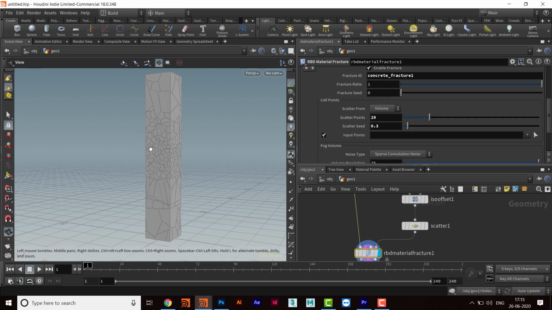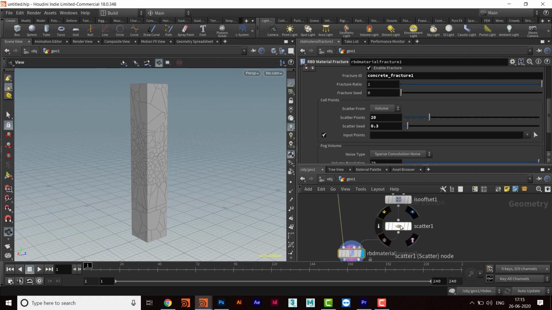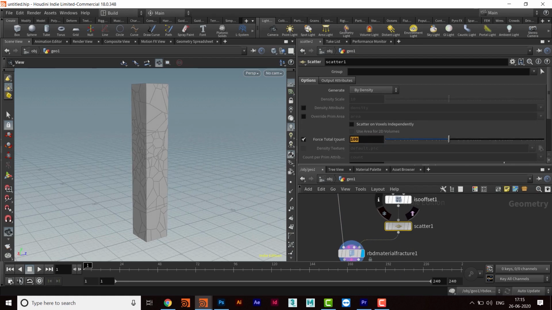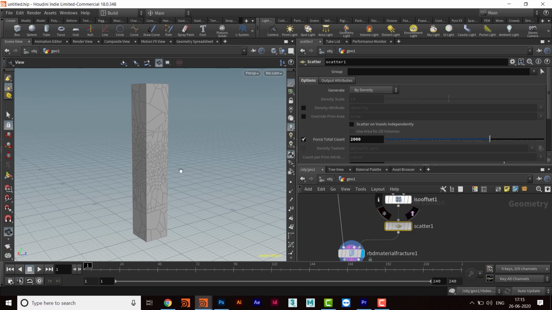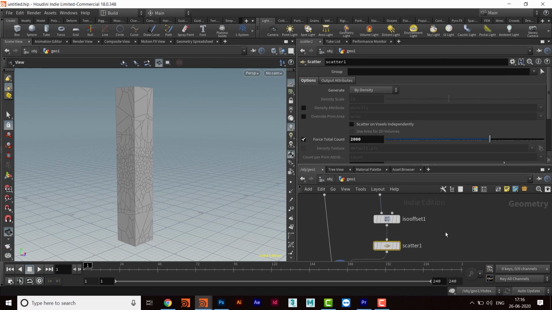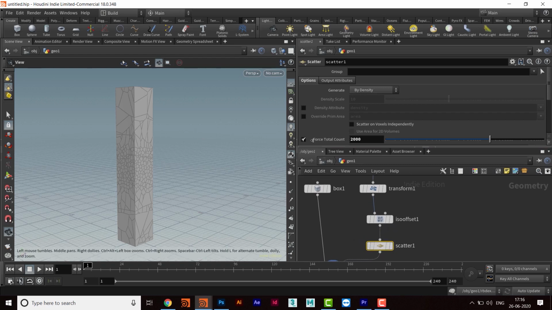and then you can see a lot of points are here, and these chunks are based on the number of points which we will take here. So if you reduce this value to maybe 100, then the chunks will be reduced, and if I increase to 200, 2000, then they will be increased. Okay, so like this. I will do one more thing here. I'll reduce this value to 1000,